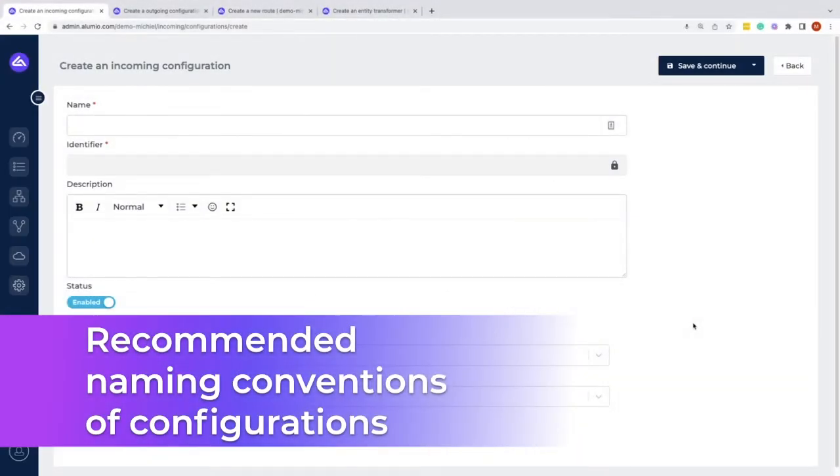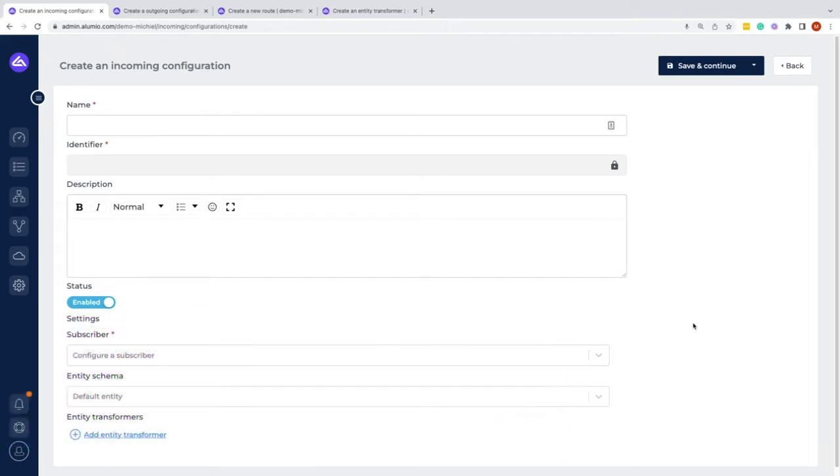Within this video, we will explain the naming convention that you can use for your integrations for the incoming configuration, the outgoing configuration, the route, and the entity transformers. It is very important within any IT system that you have naming conventions in a certain way that it's easy to recognize for other people working in the same environment to see what is going on with that